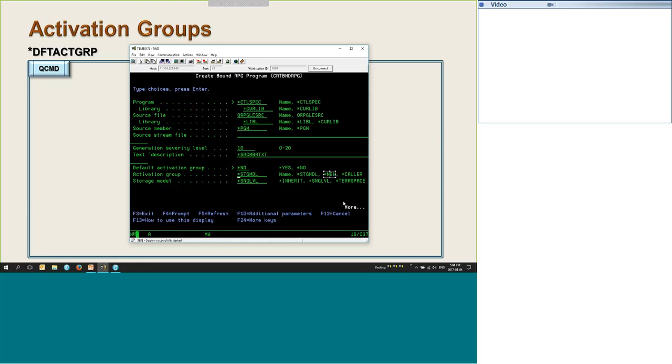What is the difference, you might ask, between me naming it and the system naming it? These are two types of activation groups, and they behave very differently. I'm going to go into that in detail right now. But star new means it's a system-created activation group, and if you give it a name, it is a named